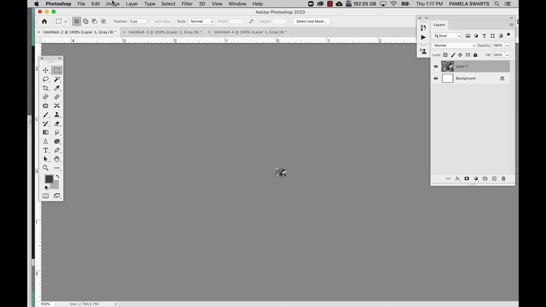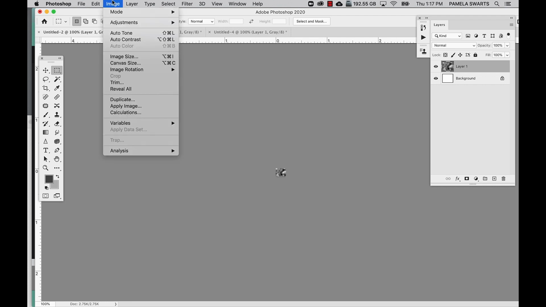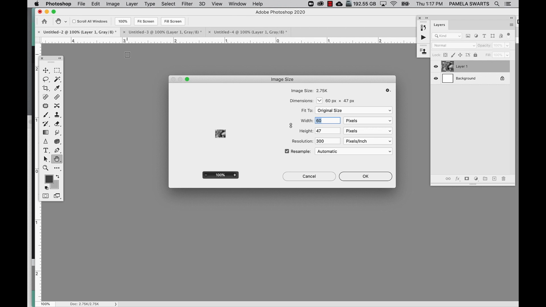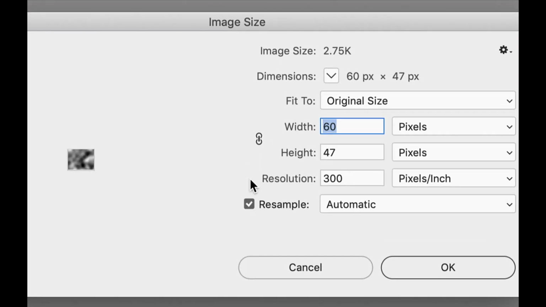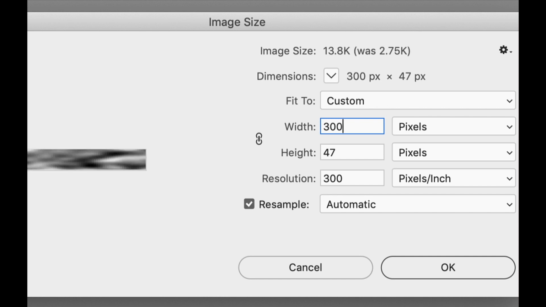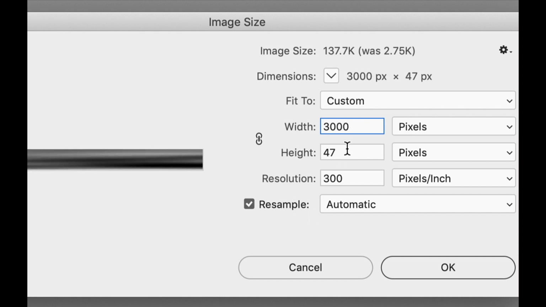Now it's not the right size. The size for this project is 3000 by 2400. So I'm going to say image size. Now make sure that resample is checked because you need to create information. And if it's unchecked, it won't let you create information or throw away information. It's very useful if you're trying to figure out what resolution to make something for printing, but we want to create info. So make sure it's checked. Type in 3000, type in